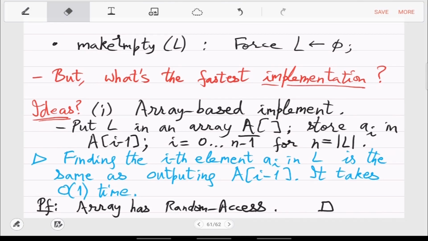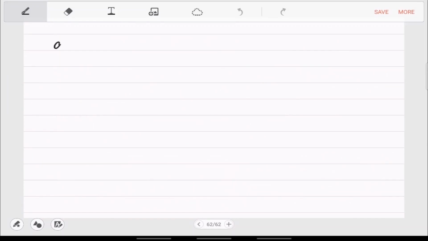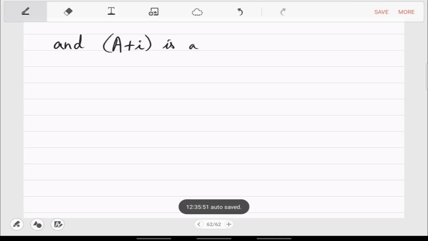So okay, let us see more about this. What this means is that this A is a pointer, and moreover A plus I is a pointer.